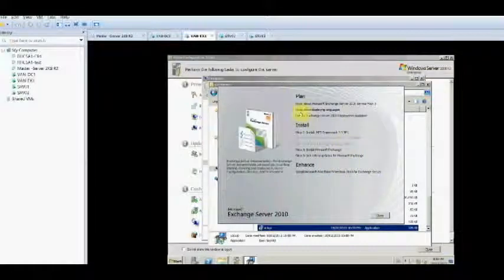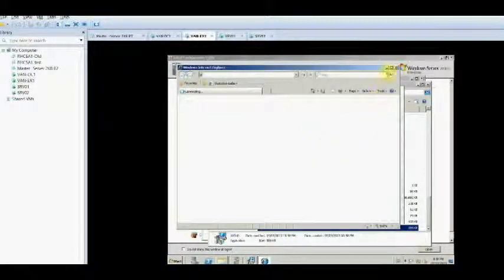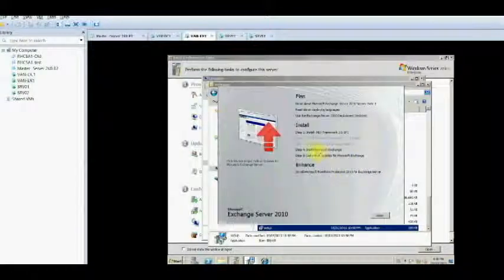It is installing, planning, installation. Okay, we'll go to the Exchange server, install .NET first. Then after we install the .NET, we install the Microsoft